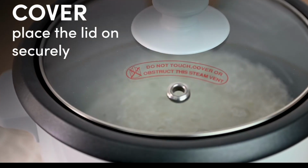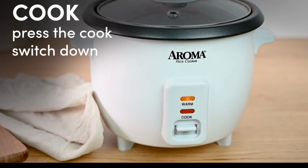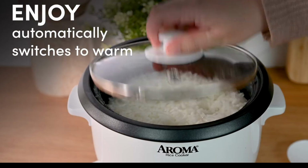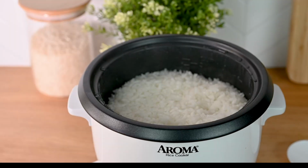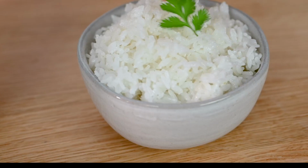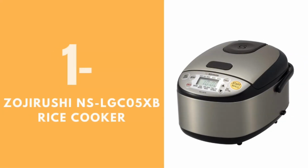What sets this rice cooker apart is its versatility, allowing you to prepare soups, chili, and even pancakes. The nonstick inner pot makes cleanup a breeze, while the tempered glass lid lets you monitor the cooking process easily. Number 1. Zojirushi